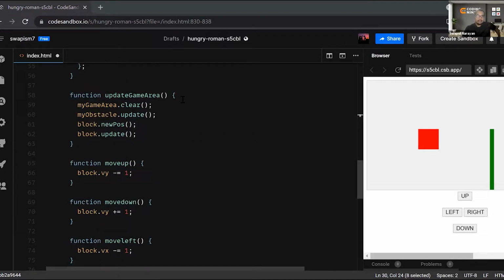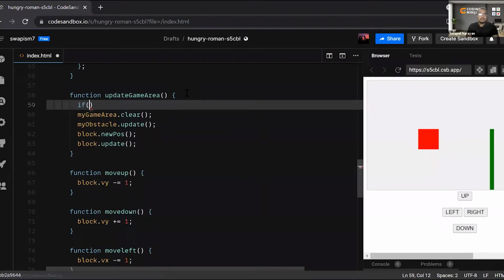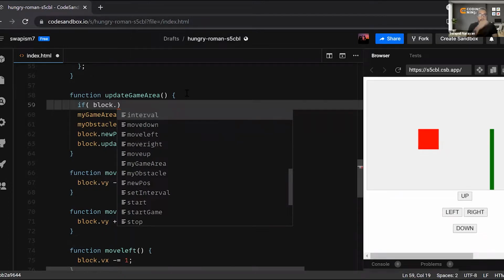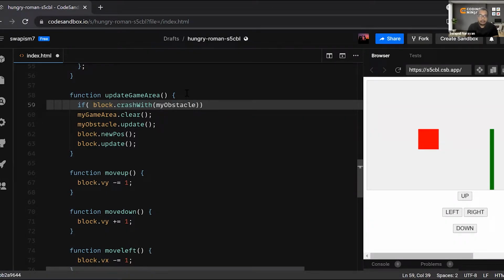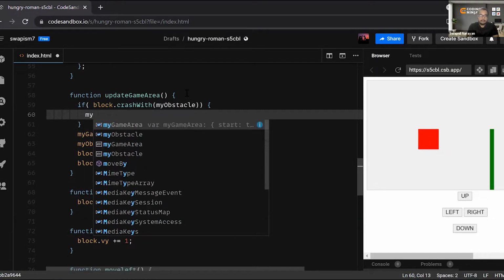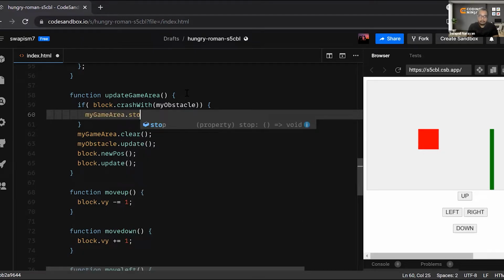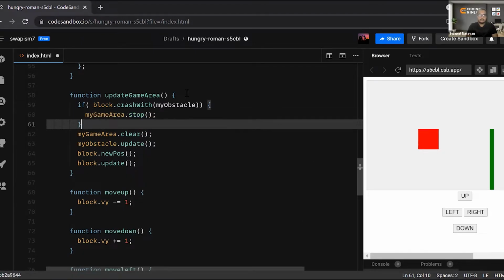And after that, in the update game area, I will simply check if, let's say, block dot some function, and let's say the function is crash with. If it has crashed with the obstacle, crashed with what? My obstacle. If it has crashed with my obstacle, then I will simply stop it. My game area dot stop. And else,